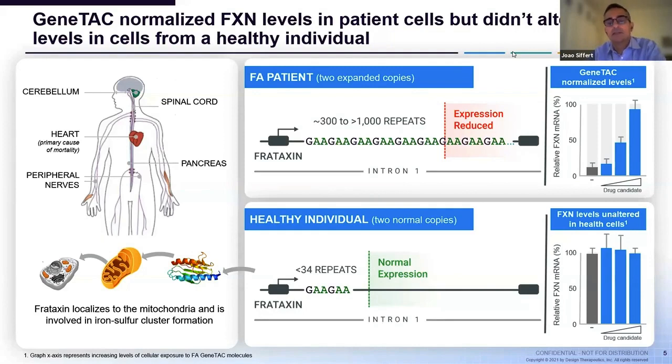Of course, even in individuals with Friedreich ataxia, there's still a certain amount of frataxin that is made, it's just not sufficient amounts. And what gene tags allow is to unblock the transcription so more frataxin can be made. And this frataxin is made by the body's own machinery, and it's regulated by the cell's own machinery. So it's not only produced by the own cells, but also regulated by the individual's own system. And I think that's an important feature of this approach.